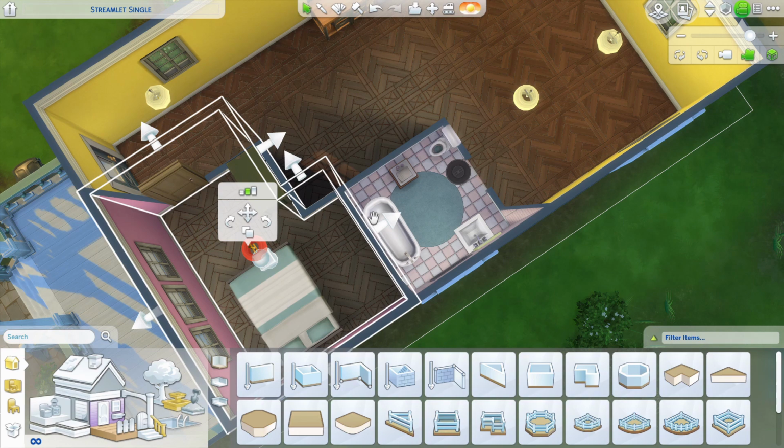Here for a little bit I contemplated if I should leave the room like this, but then I decided to make it, I want to say square, but rectangular. Is that a word? Because it's not gonna be square, but